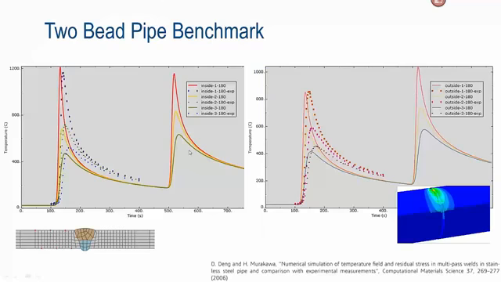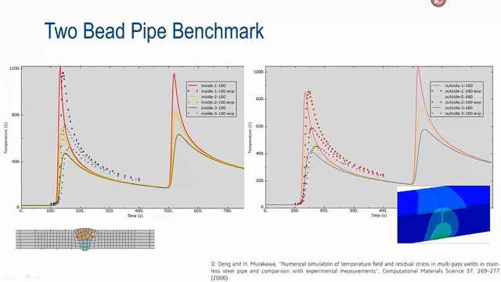Next, we've done a couple of traditional benchmark problems. What you see here on the screen is a 2-bead pipe benchmark, and there's a reference appearing here. In fact, this is the same problem that you would see in one of the published tech briefs based on the old AWI, where we had the prescribed temperature approach to model the torch. So it's the exact same problem, except here we have solved it using the new approach, and the charts basically show, on the inside and outside surfaces of the pipe,